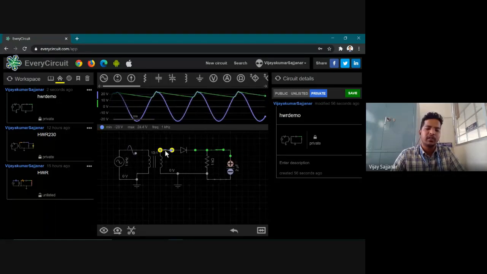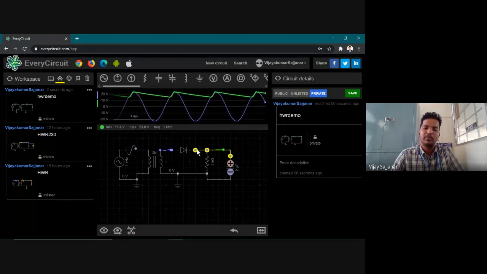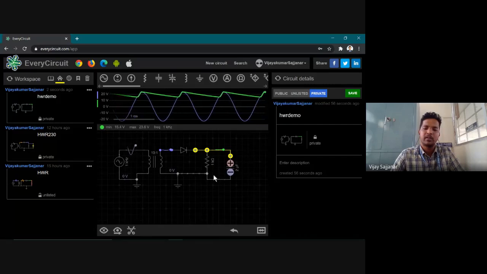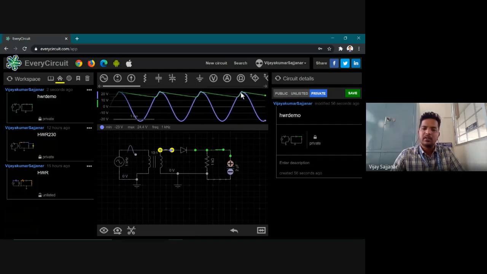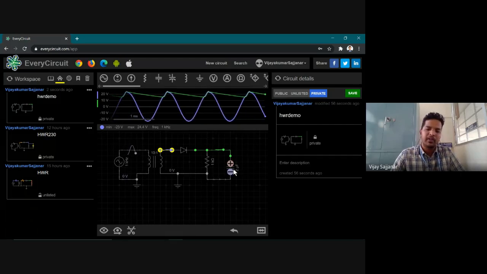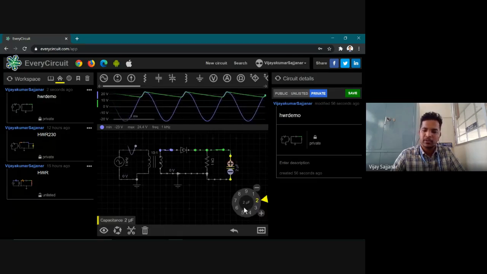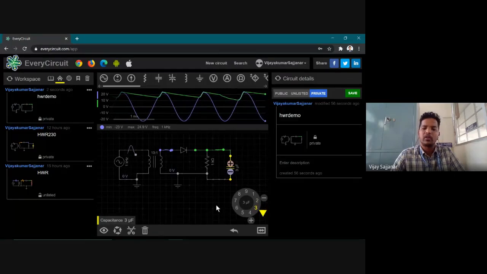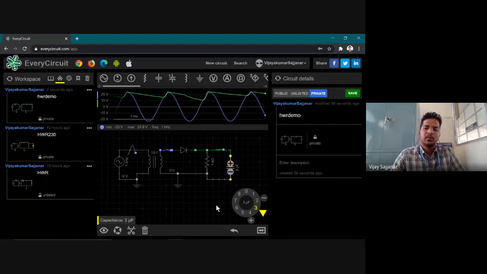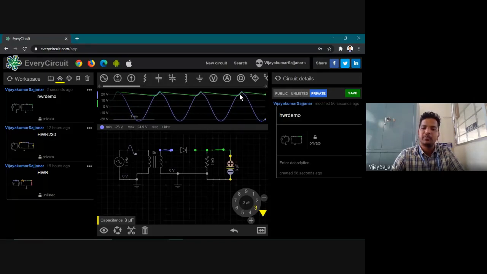I'm using a reference with a sine wave because we cannot see the half-wave rectified rippled wave otherwise. We already have a connection here, so I'm taking reference of the AC signal. Charge, discharge. We have increased the capacitance. We can try to increase further, not an issue because we have a simulator, so it will not damage the circuit. We are observing the variation. Now again there is a reduction in ripples.